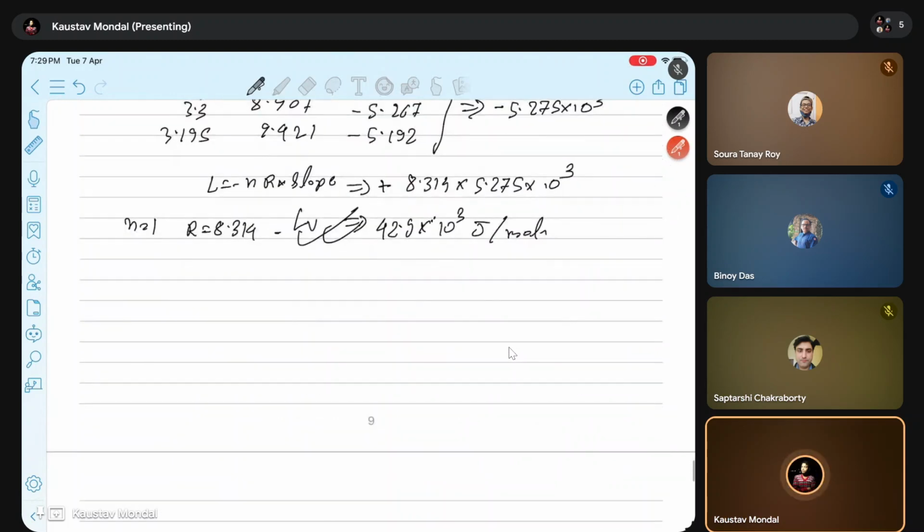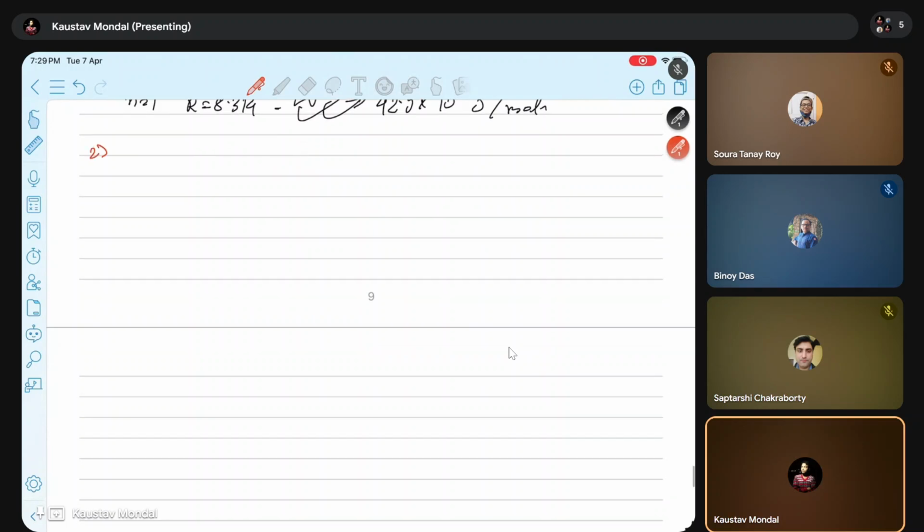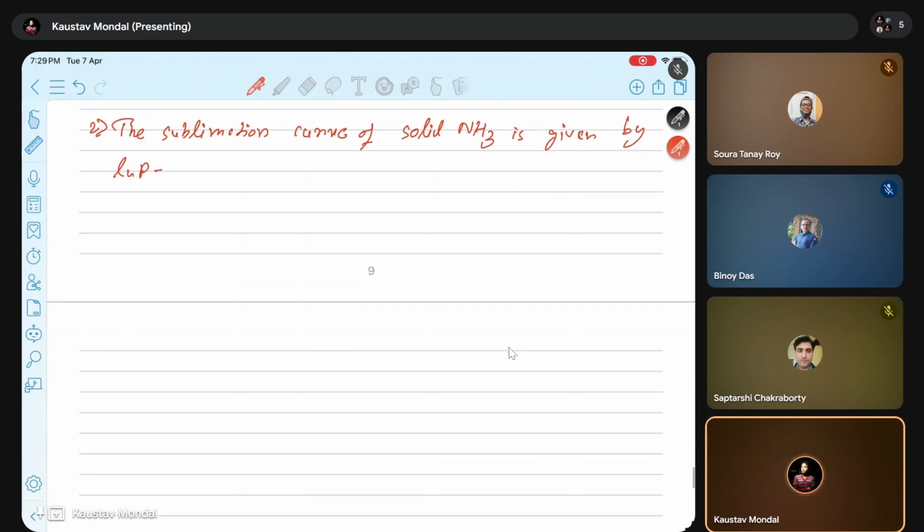Okay. So the next problem we'll now discuss, problem 2. The sublimation curve of solid NH3 is given by ln P equal to 23 minus 3750 by T,